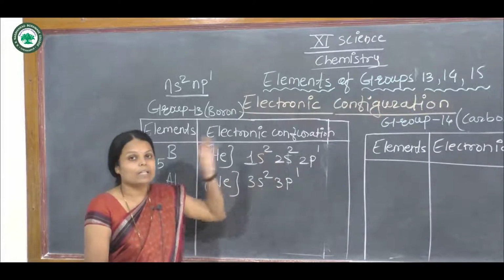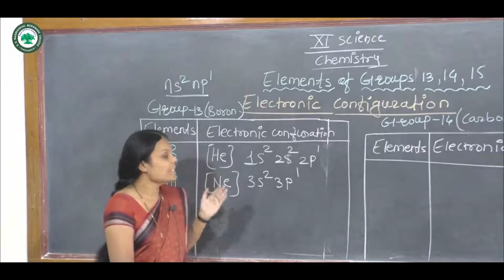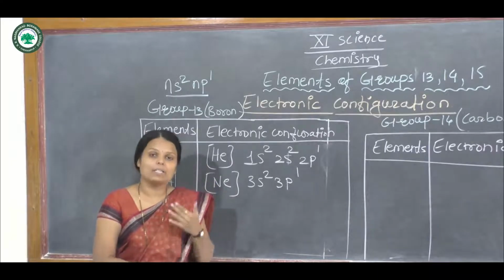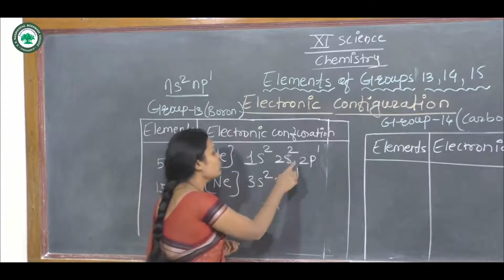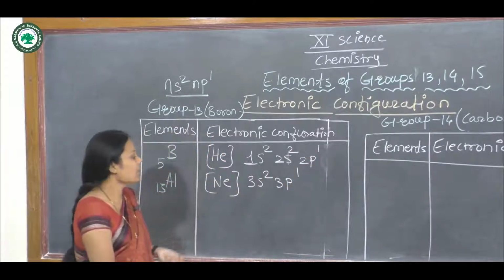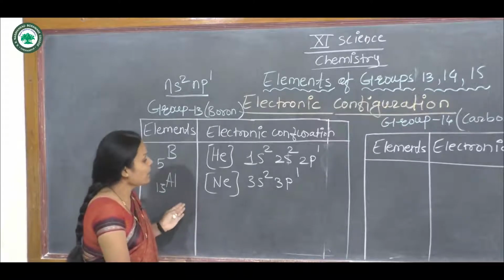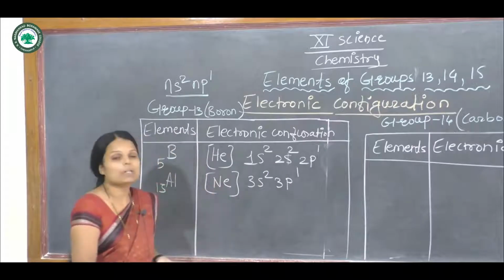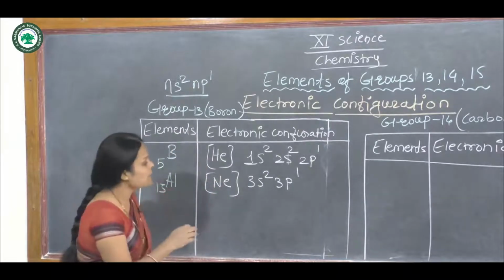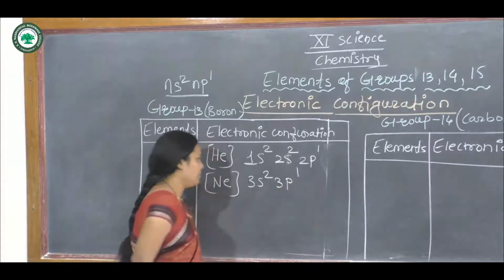We know that when we calculate the electronic configuration, the principal quantum number increases in order, and that's why here it is 2s2, 2p1. Then for the next element, down the group, aluminium, it increases from 2 to 3. The principal quantum number increases, and that's why its electronic configuration is 3s2, 3p1.